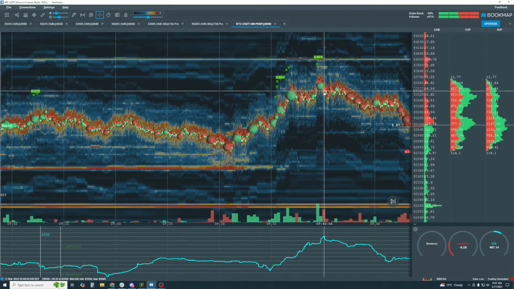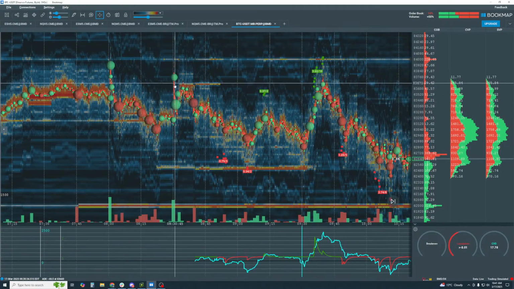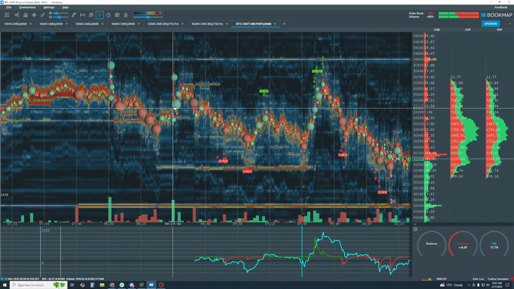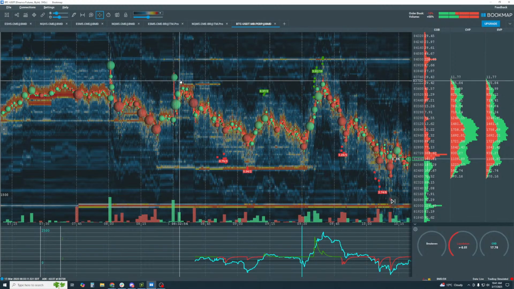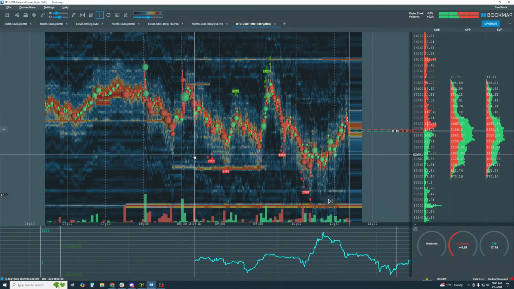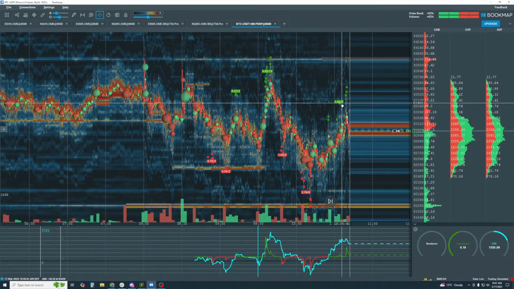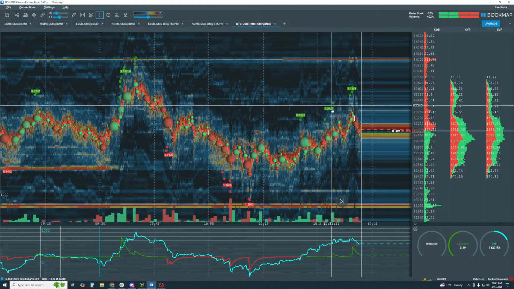Now this one's not so bad actually, but you get these whippy moves like this, and really strong buying, and then it really tapers off all the way back up, and then sellers take it all the way back down and do the exact same thing on the other side of the range, and then the back and forth like this. You can see our liquidation indicator in here.